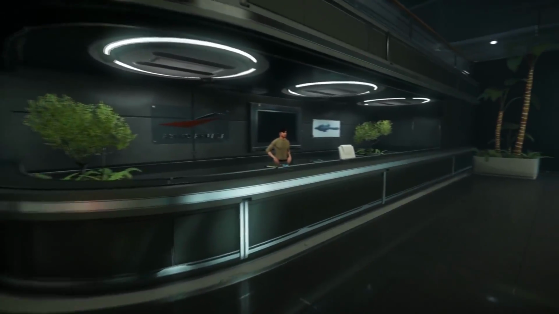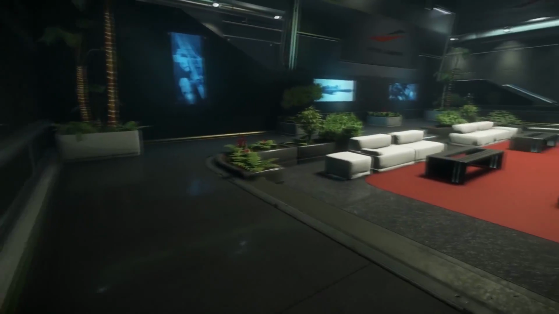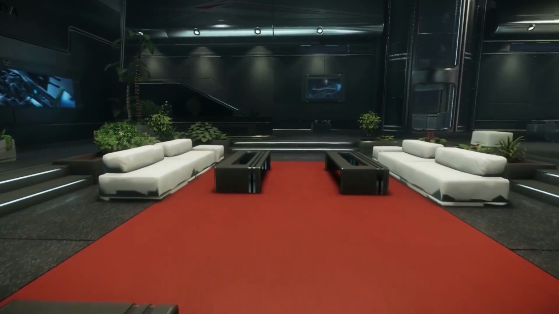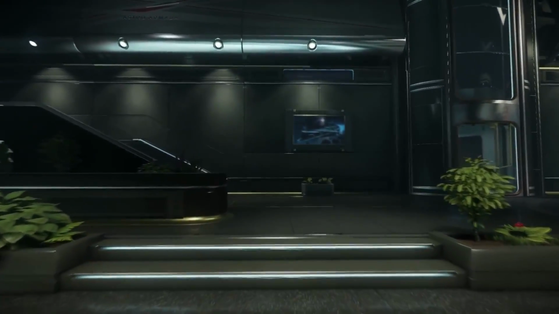You can see one of these consultants, probably to speak to, and apparently all these couches and everything, you're going to be able to sit on them and interact with people. Hell, there could even be people there waiting to buy things, and you can speak to them and they'd give you recommendations on things. It'd be really cool to not just have a look at a statistics sheet for which ship you want,